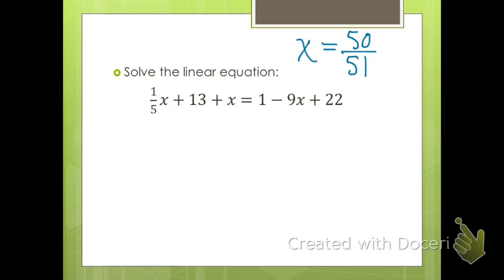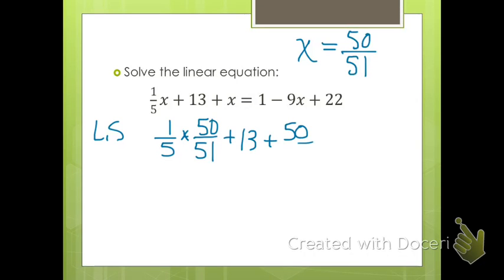So let's check the left side. 1/5 times 50 over 51 plus 13 plus 50 over 51 is equal to,